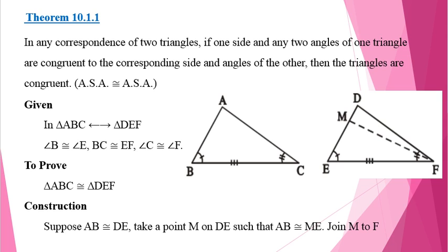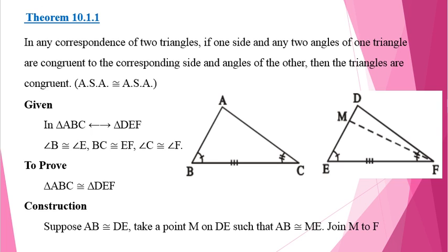In any correspondence of the two triangles, if one side and any two angles of one triangle are congruent to the corresponding side and angles of the other, then the triangles are congruent. He is saying that there are two triangles, and if we are going to compare them, one side and the two angles of both the triangles, okay, means in the one triangle the one side is congruent to the other side of the triangle. Similarly, the two angles of one triangle are congruent to the other triangle, then the triangles